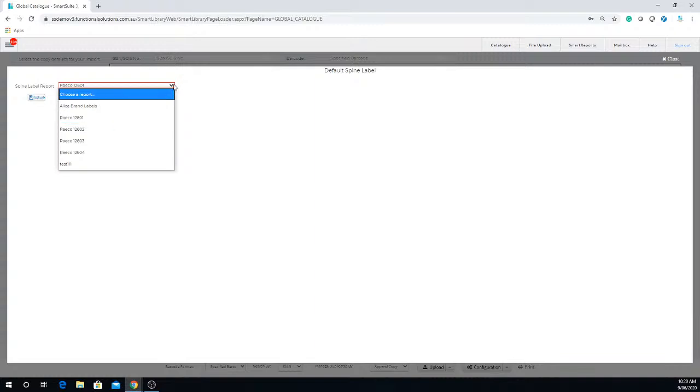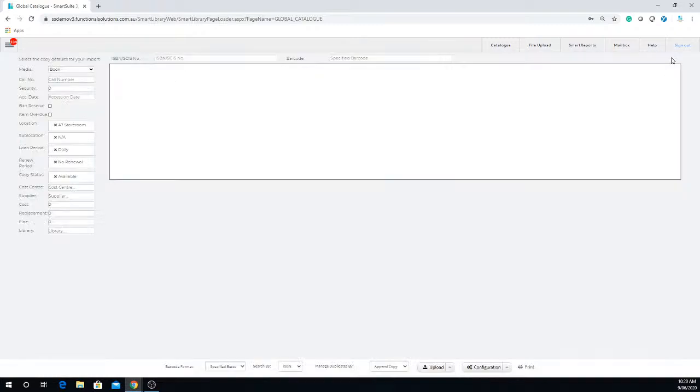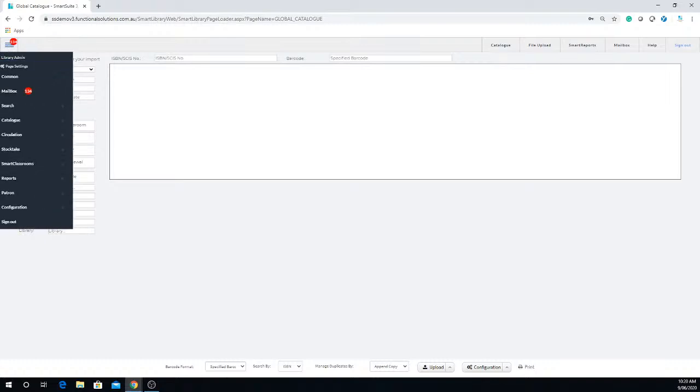Once you choose the spine label you're going to use, remember to hit save. Once you hit save, you exit out and you need to reload this page the first time. Otherwise, if you've already done that, anytime you want to skip catalog, you just go to menu,